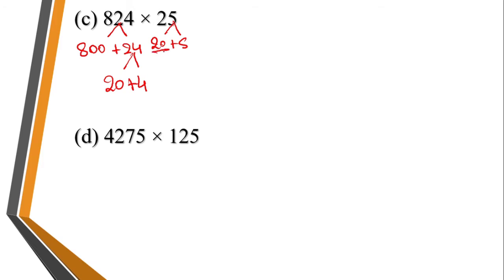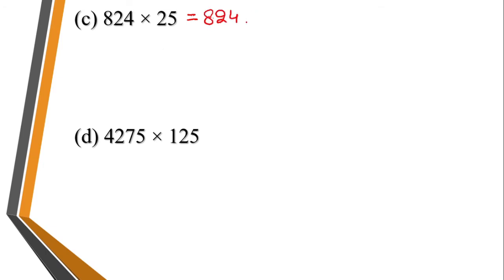So it's very easy if we split 25. So we can only multiply with 20 and 5. So multiplying it with 5 is easy. But we should multiply it with 20 also. But here multiplying it with 20 is not necessary, because here we will ignore the 0 and multiply it with only 2. So it's very easy if we split 25 than splitting 824. Now let's start. Now here, if we simplify it, it would be 824, which is there outside the bracket, is getting multiplied with 20 plus 5, which is there inside the brackets.